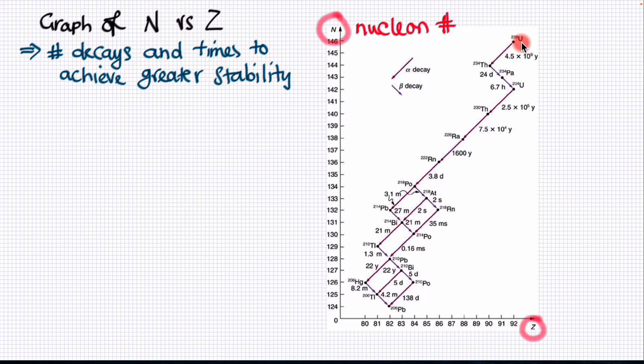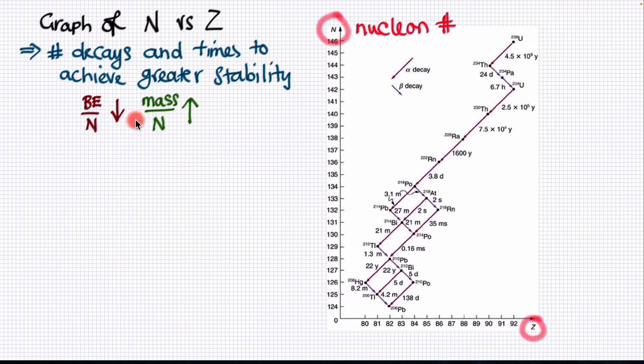You can see that if you follow the arrows along here, eventually this uranium nucleus over all these different time frames will find a most stable state in 206 lead. But for this to happen, it has to undergo a certain number of decays. Now we're just going to focus on the alpha and beta minus decays here, keeping in mind that the purpose of this is to